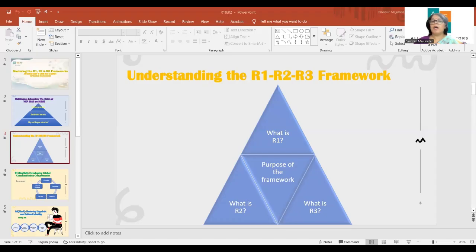For example, a student may study R1 Hindi, R2 English, then R3 can be Sanskrit or any other language prescribed by CBSE. I will be sharing one circular with you all in your group. There are 19 languages and a child can select any. Suppose your school is not taking R3 as Sanskrit, you are somewhere towards the south, then it can be Telugu also, right?